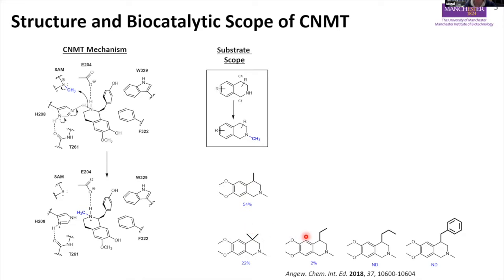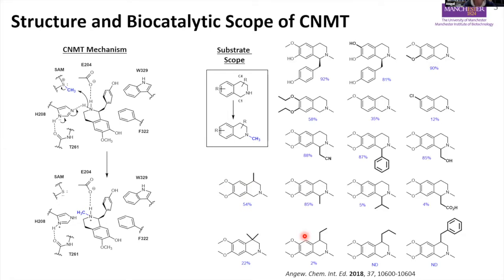The second you start to build upon that, though, the enzyme activity goes down or is not active at all. So quite a broad range of modifications at many different positions, quite well supported by this enzyme. We wanted to take this one step further, however, and show that CNMT could also be promiscuous towards the cofactor